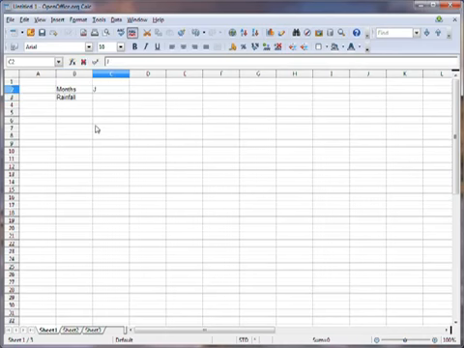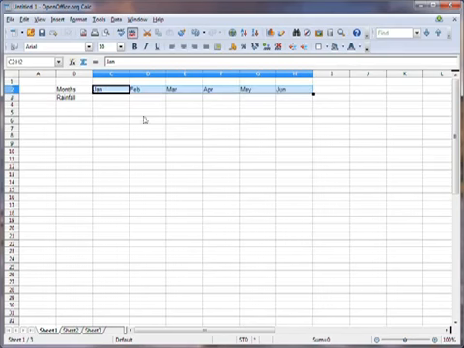For the months, let's start with January, and we'll drag that out to about 6 months. Now what I've done there is I've just clicked on the bottom right corner. I've clicked with the left mouse button and dragged it across. When I let go, it's automatically recognised Jan as months, and so it's automatically figured out what I'm trying to